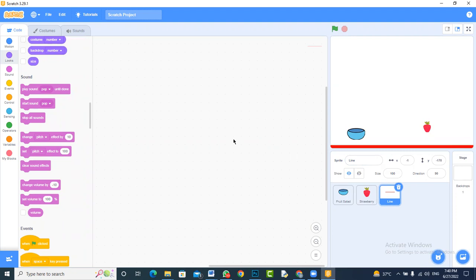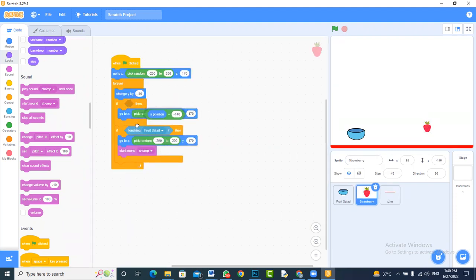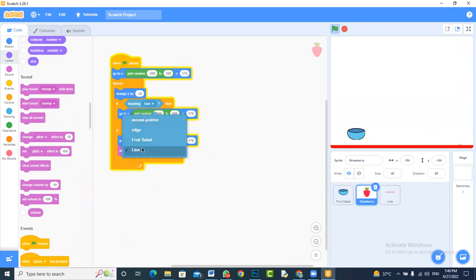Now, what is going to happen is we are going to change a code here for the strawberry, and instead of touching position 140 हम ये वाला यूज करें। If the fruit salad, अगर ये आपकी स्ट्रॉबेरी लाइन को टच करती है तो ये दोबारा ऊपर चली जाती है, ठीक है? और यहाँ पर आप एक दूसरा साउंड अटैच कर सकते हो।